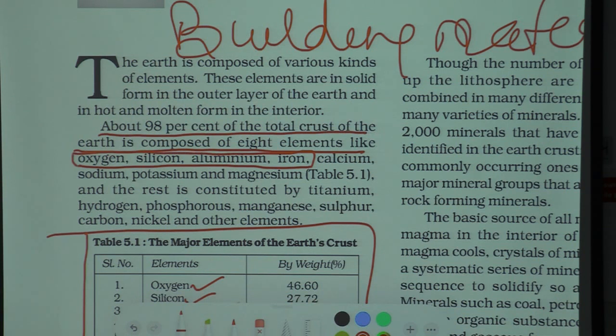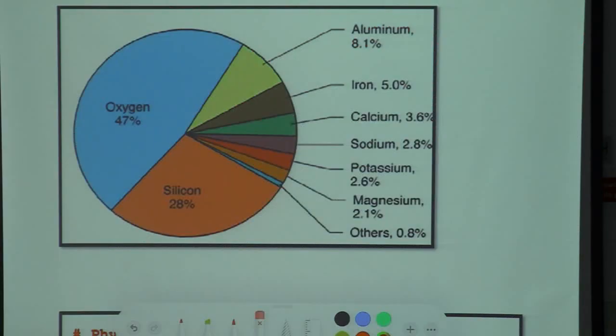Club them into 4+4 categories: oxygen, silicon, aluminium, iron versus calcium, sodium, potassium and magnesium. These 8 account for 98%. So I am precisely done with all. And if you take this reference of study and convert that tabular representation into a pie chart, it becomes more visually appealing for me to understand